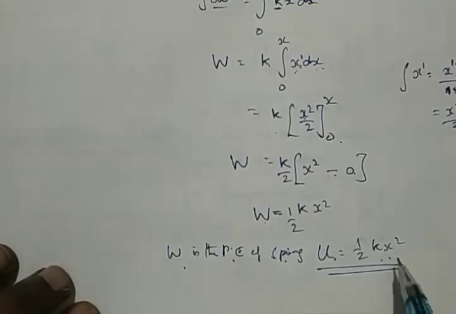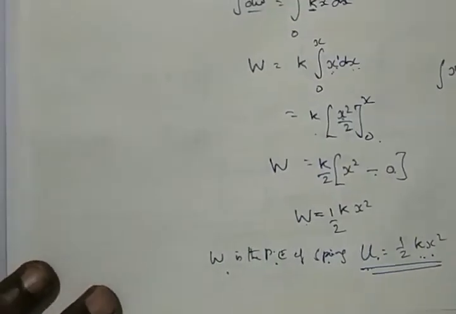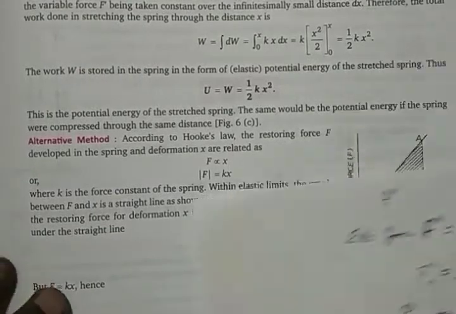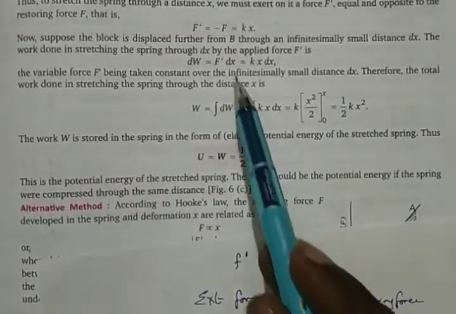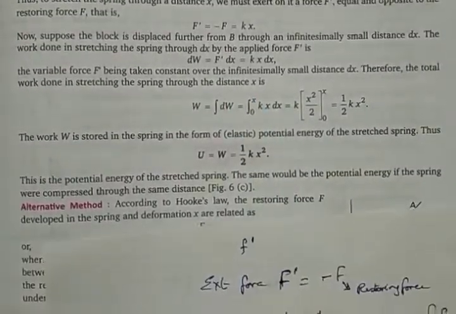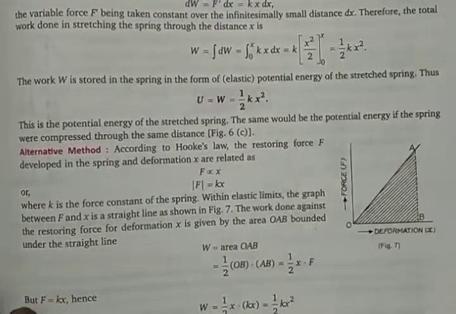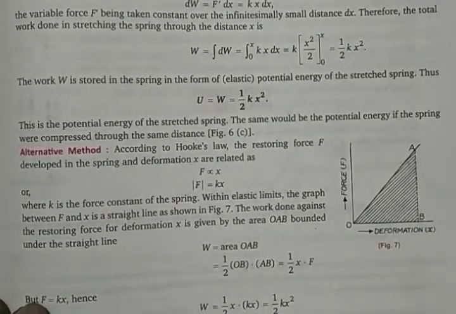What is x? Displacement. What is k? It is the spring constant. What is U? It is the potential energy. So you get this derivation, the entire derivation here. The derivation is here. Have a look at this. This derivation is the one which we derived right now. Okay. Now once the derivation is over, you can also do it a little graphically.